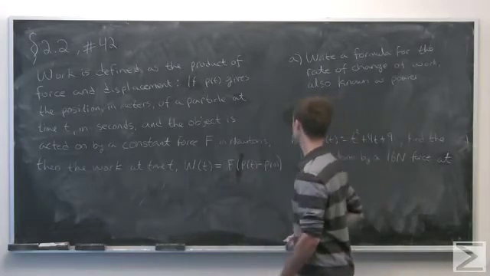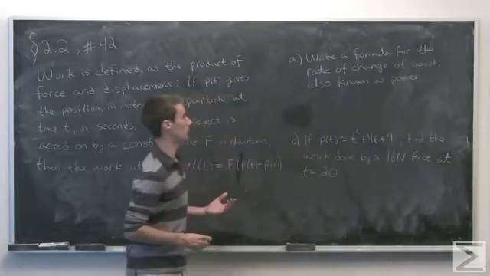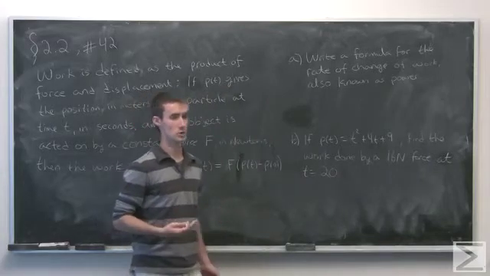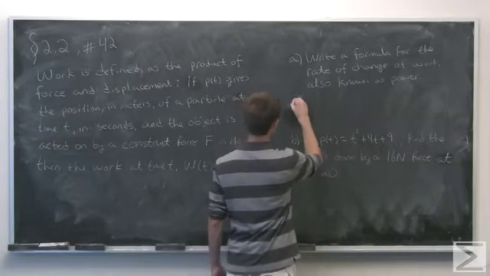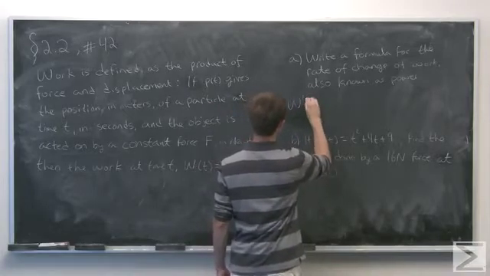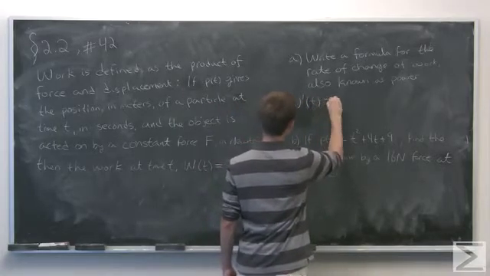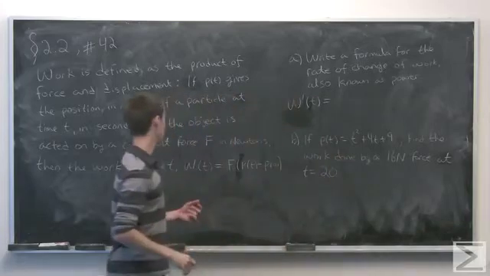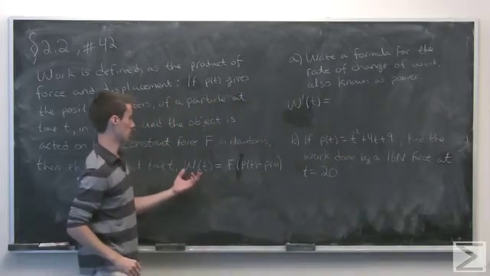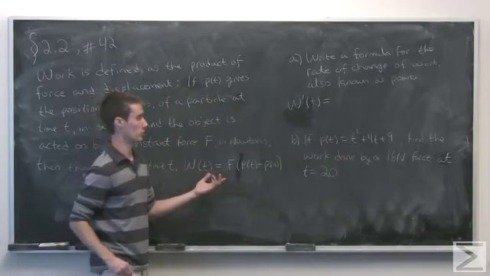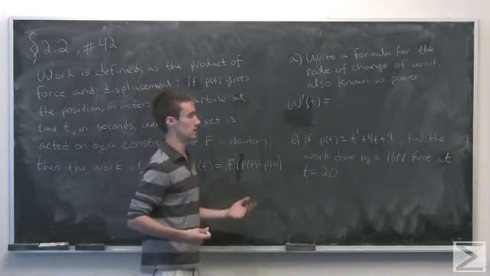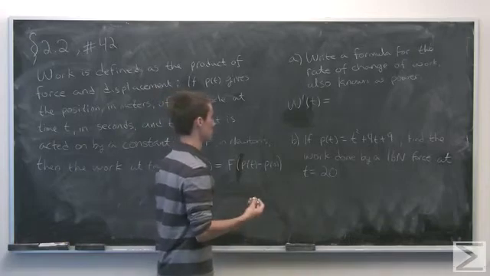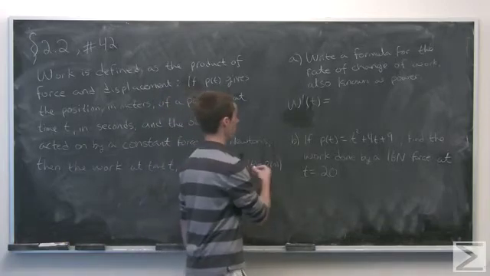Now, part A asks us to write a formula for the rate of change of work, which also goes by the name of power. So, we see from over here that work is given as the product of force times displacement, so F times P of t minus P of 0, the position at time 0. Now F is constant,